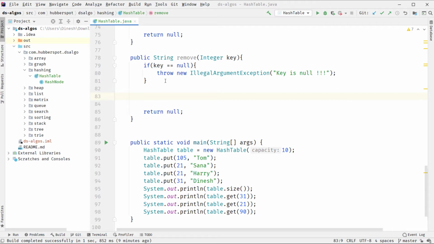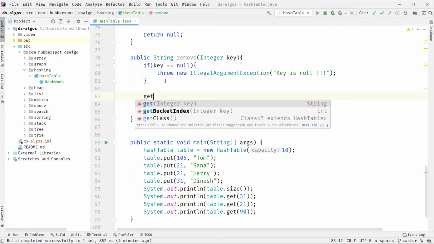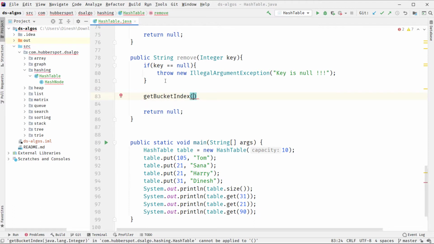And now in order to remove a key, what we do is we pass this key to our hash function, and this hash function will return us an index where we can search for this key, and once we find that key, we simply remove it. So it will return us back the bucket index.